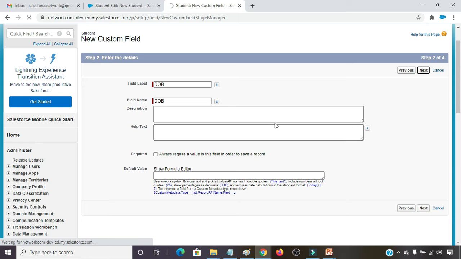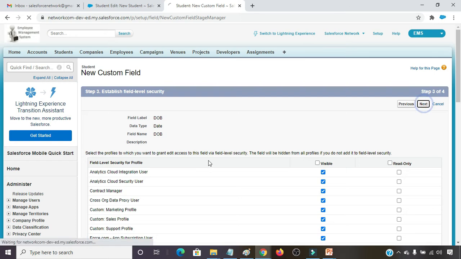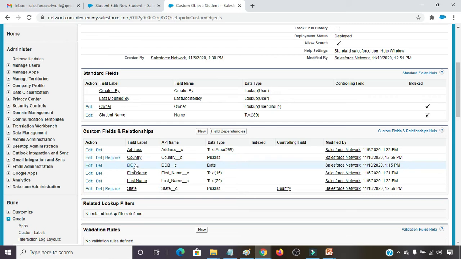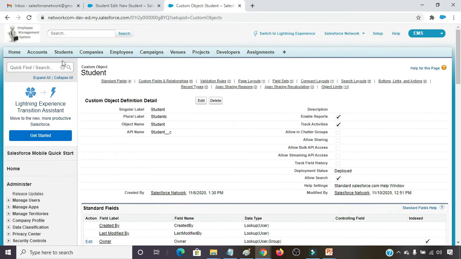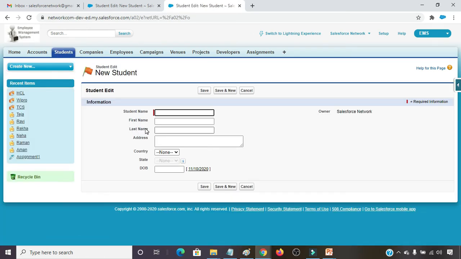Click on next. Simply click on next, establish field level security, and finally click on save button. So right now we have created date of birth of the data type date. Coming back to our student object, let's see if date of birth is there or not.